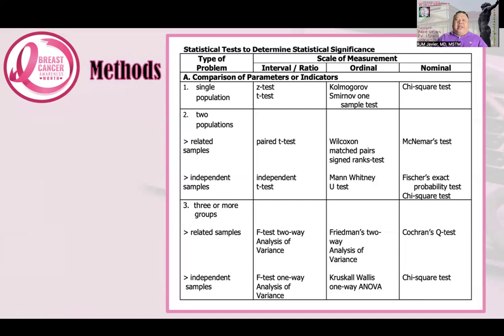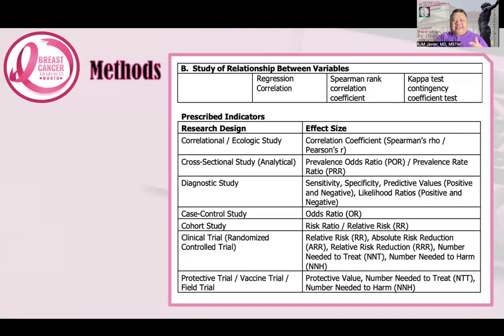So again, this table is present in your review notes and manuals. I refer you back to your manuals. Make sure there is an opportunity for you to really understand how to use this table. More so if you're doing a correlational study, which is not really an analytical cause-effect relationship, it's something that is descriptive. Then you can use your correlation coefficients. If your data is normally distributed, we use Pearson's r. If it is not normally distributed, we use Spearman's rho.